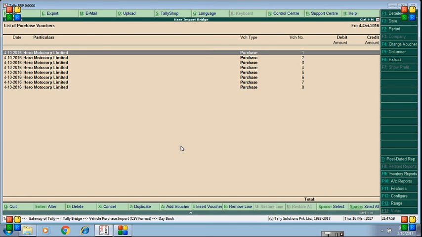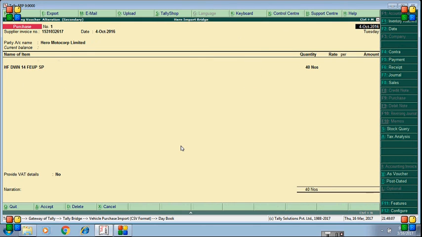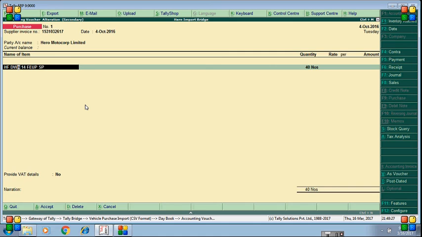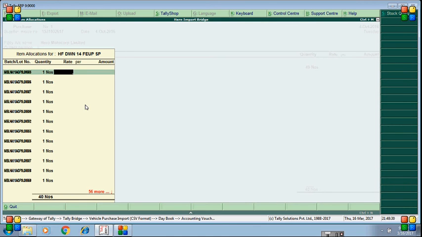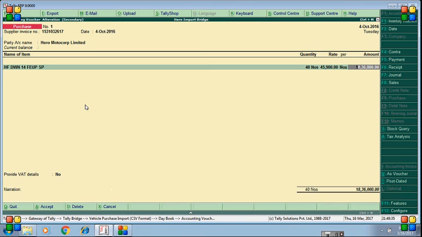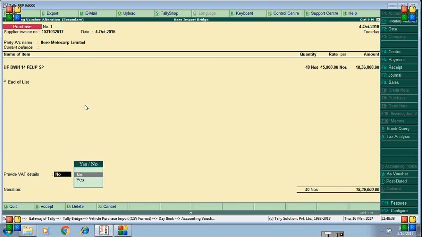Now our vouchers have been imported, we are ready, but you can see the amount is not taken by the vouchers. Why? Because you can see in the invoices you have received from Hero there are various charges, so we cannot put the rate of the model in the rate amount. We have to add the charges to the rate, and we will calculate the average rate, what is the landing cost to the dealers. So we have to put that landing cost for this model, not for each and every chassis. You put it for one chassis, it will automatically capture for all. And now you can save it.